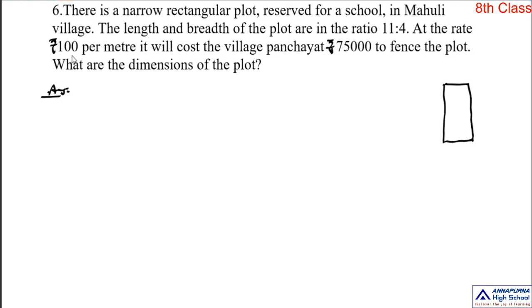One unit cost is 100 rupees per meter. Then you find the dimensions of the flat. What are the dimensions? Length and breadth, and the two quantities are present in the ratio. I have already explained this point: if two quantities are present in a ratio, then from the terms of the ratio you can choose the two quantities. Here the two terms of the ratio represent the length and breadth of the flat. So from this ratio we choose them.